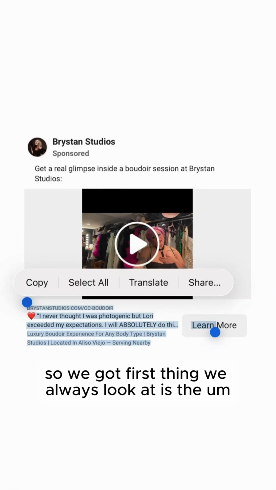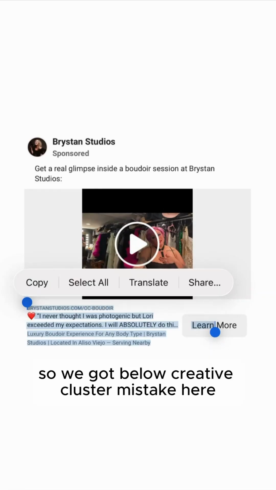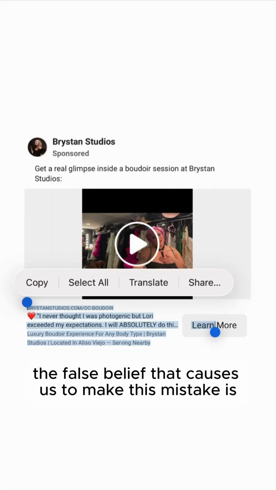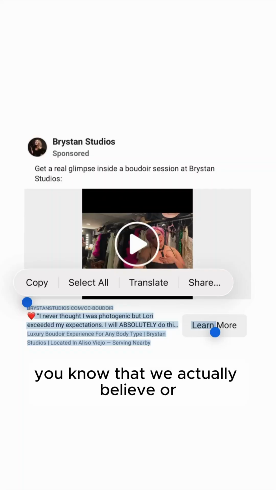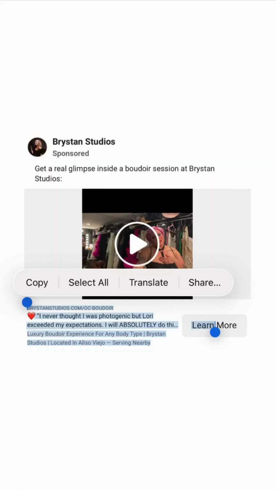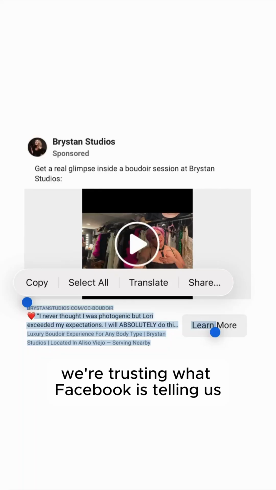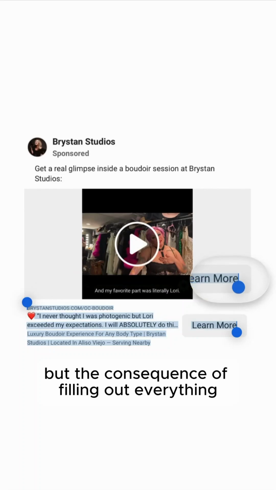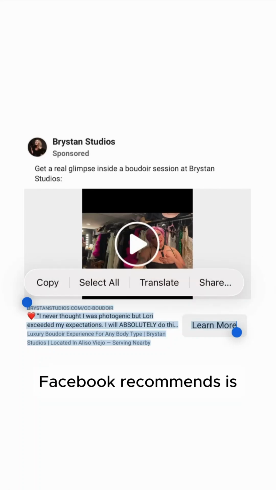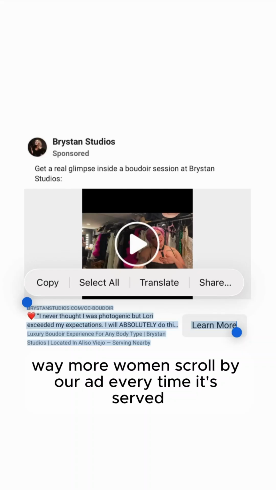First thing we always look at is the below creative cluster mistake here. The false belief that causes us to make this mistake is that we're trusting that what Facebook is telling us to do is best for us, and not best for Facebook. But the consequence of filling out everything Facebook recommends is way more women scroll by our ad every time it's served